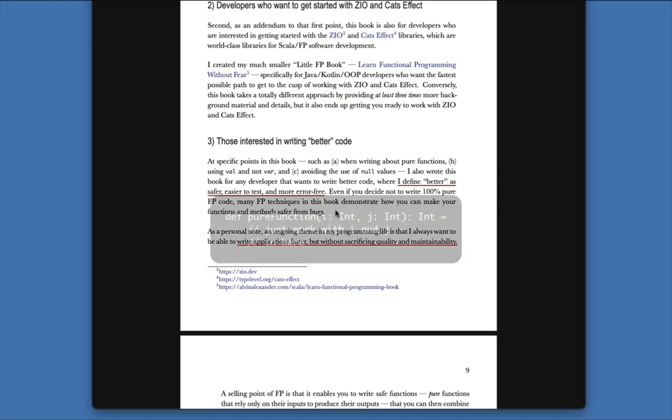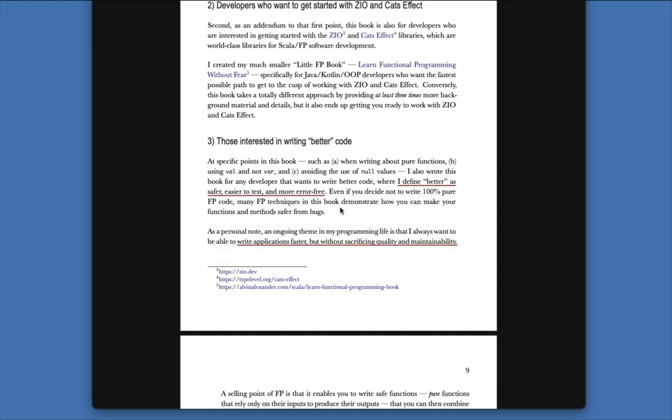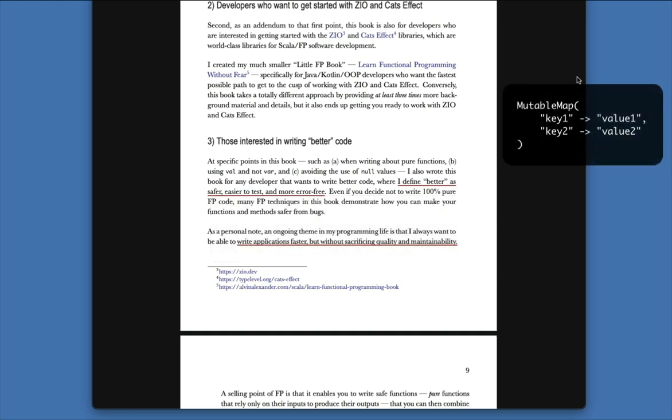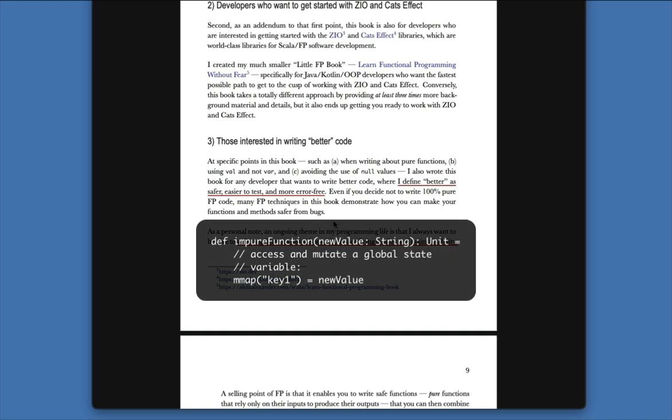So when you're writing a pure function, you're just worried about this little universe right here, if you just imagine that code being right there. And in object-oriented programming, what happens is you have some kind of mutable state that is elsewhere in the code. So if you're working in a function here, you may be modifying some mutable data structure or even a mutable value in this function here that's affecting things outside of your function. So it's affecting things over here and over here and over here and so on.